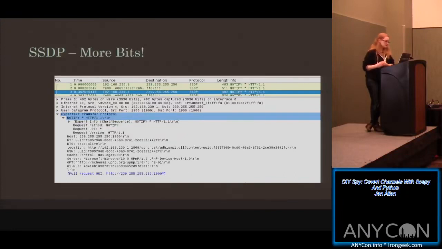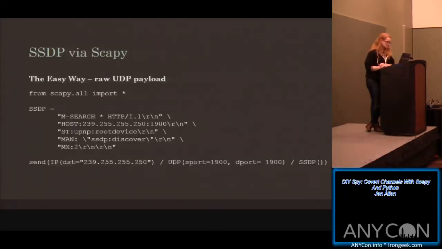So this is a text-based protocol, HTTP over UDP, pretty useful because if you look in an average environment where there's more than one device sending out SSDP, you're going to notice that they all do it a little bit different, and it's very heavily text-based. When I see a heavily text-based protocol, I think, look at all those bits. I have so many bits there to use. So this is going to be a useful one, particularly if the network administrator wasn't thinking about something like SSDP when they developed the environment that they're working in.